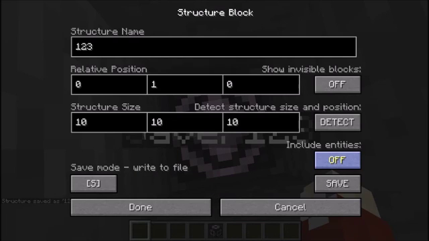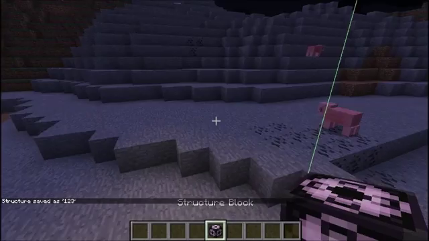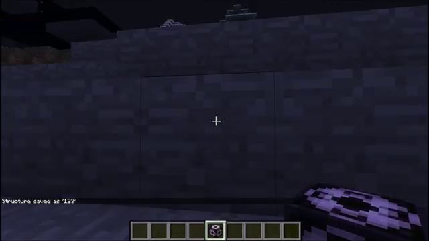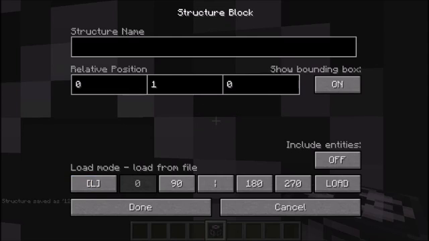But you see this button right here? Include entity. So if I didn't want the pig in the hole, then I would make this off. But if I did, I'm going to put that on and save it. So if I go over here and place a load structure block, and I put the structure name as 1.2.3, and then hit done,